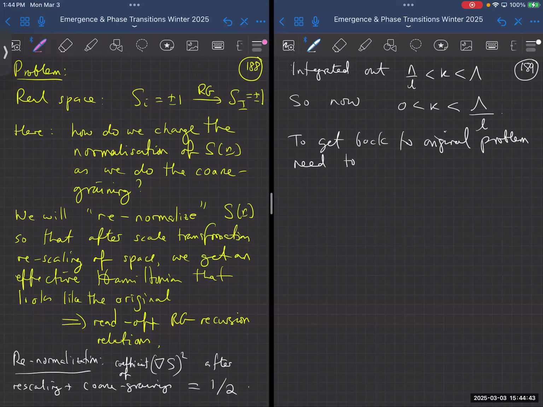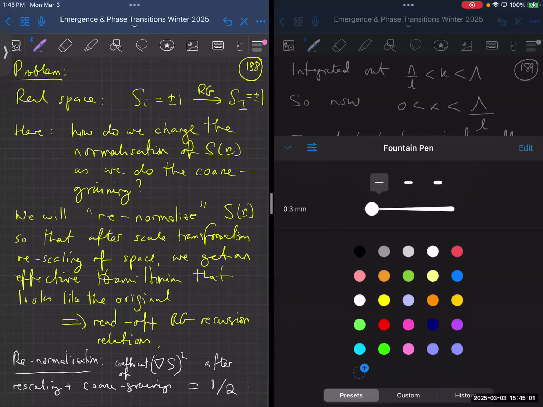we need to rescale space. So R prime will go like R over L, something like that. Okay, just like we had before. Now that's going to be non-trivial. Why is it going to be non-trivial? It's going to be non-trivial